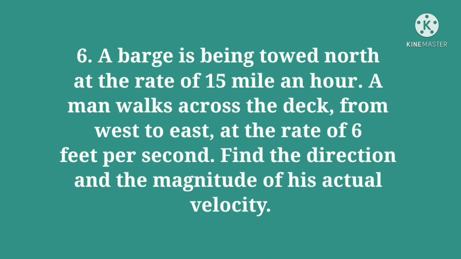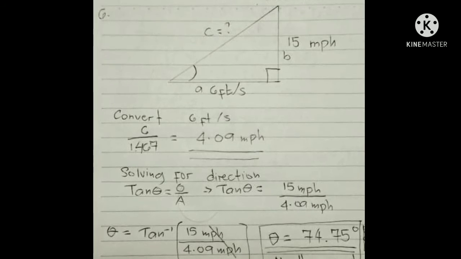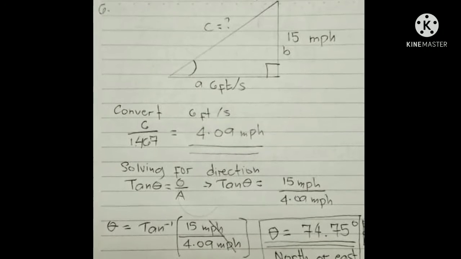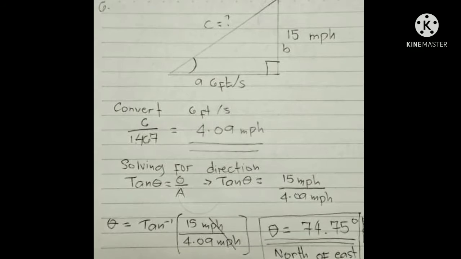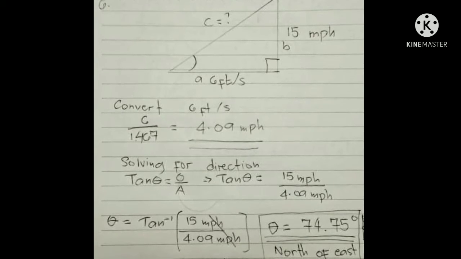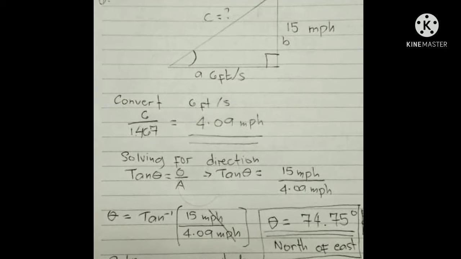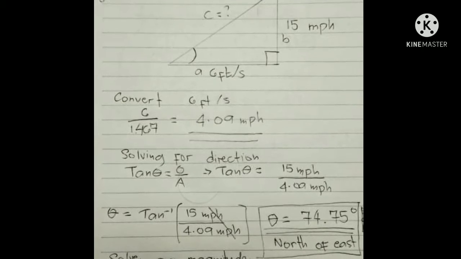So for problem number 6, a barge is being towed north at the rate of 15 miles an hour. A man walks across the deck from west to east at the rate of 6 feet per second. Find the direction and the magnitude of his actual velocity. So here in problem number 6, we have a barge being towed towards north at the rate of 15 miles an hour. Then a man on the deck moved from east to west at the rate of 6 feet per